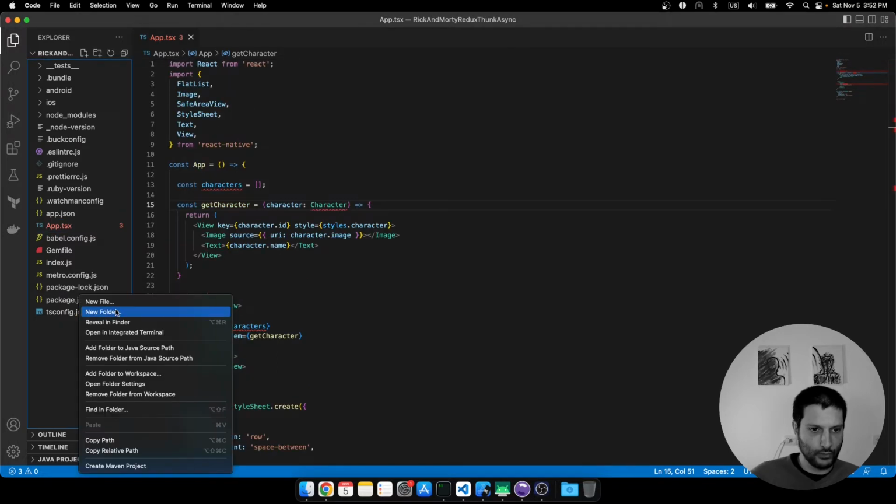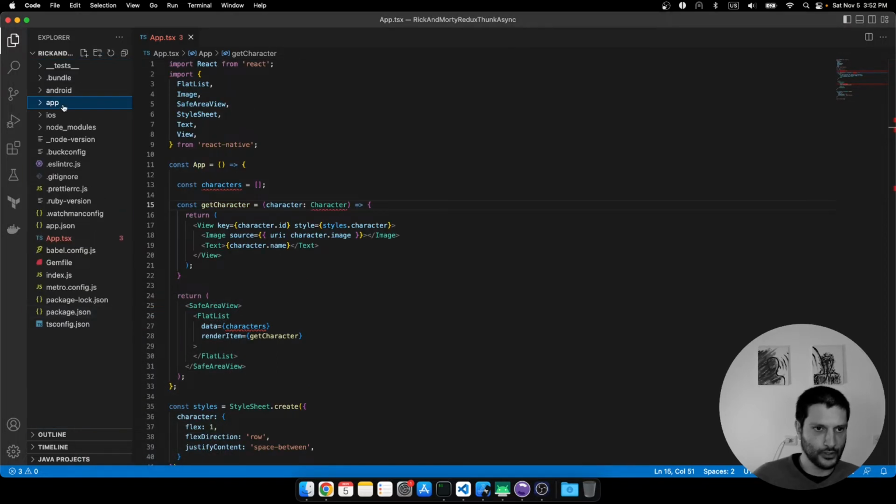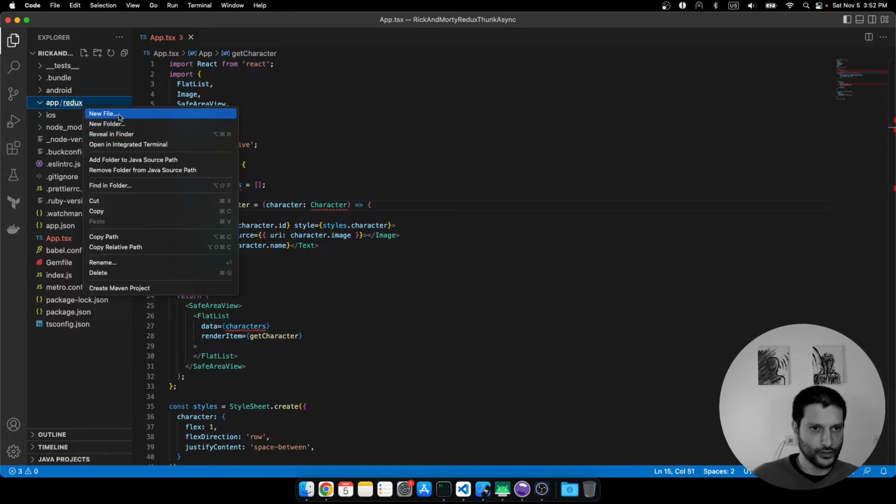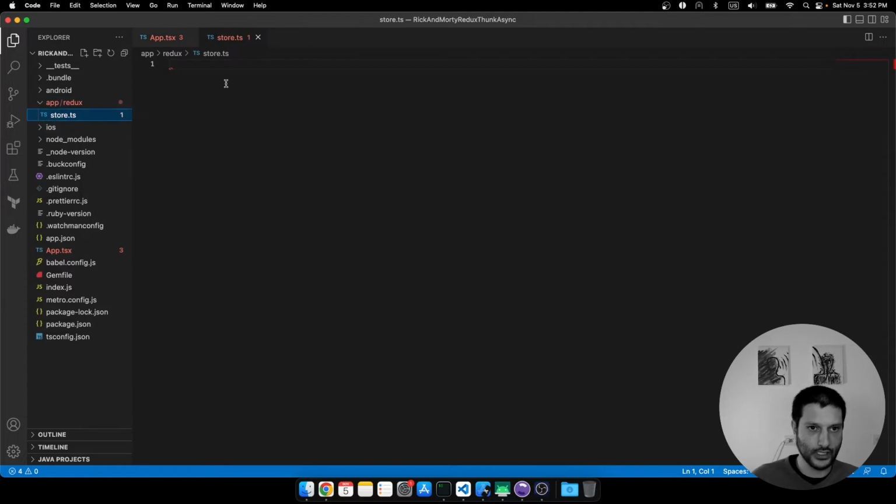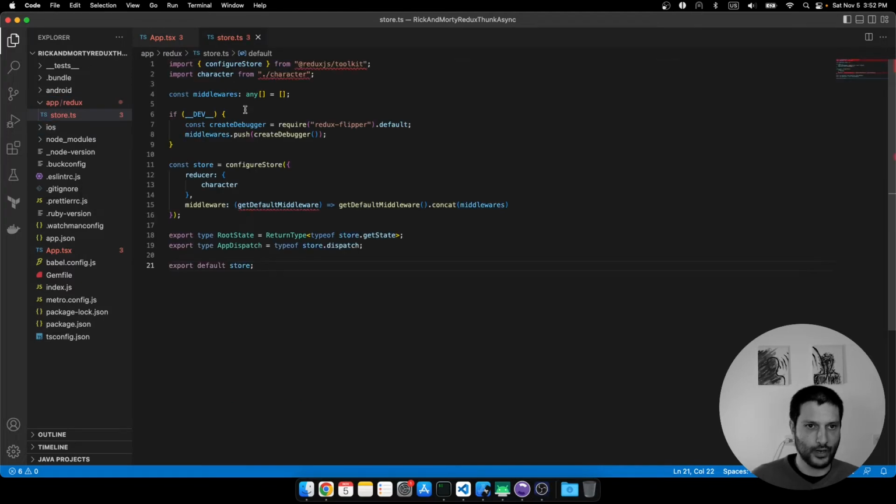Okay, so now I want to create a folder. Typical, the one is app, where we put everything related with React. And inside the Redux folder, I want to create the store.ts. And here I will just grab some code,